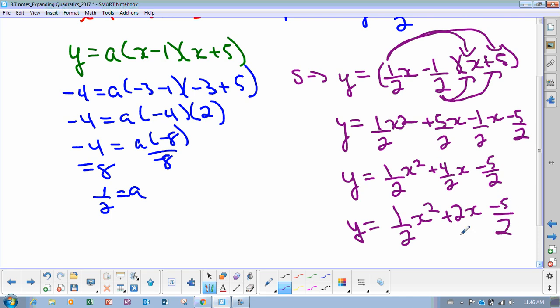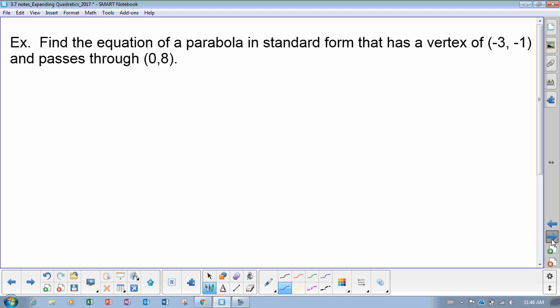So that's standard form. If you have factored form, you can get standard form. In the next unit, we're going to learn how to go from standard form to factored form. But for now, we're only going from factored to standard, not in the other direction. All right, I believe this is our last example. Find the equation of a parabola in standard form that has a vertex of -3, -1, and passes